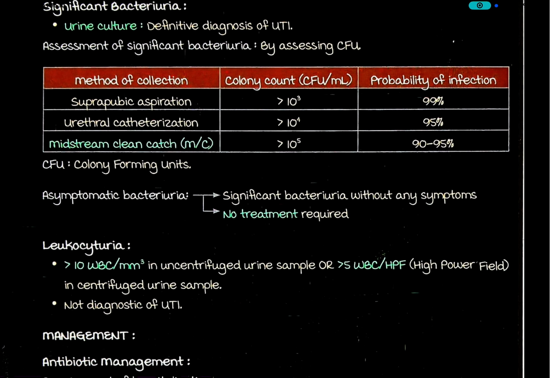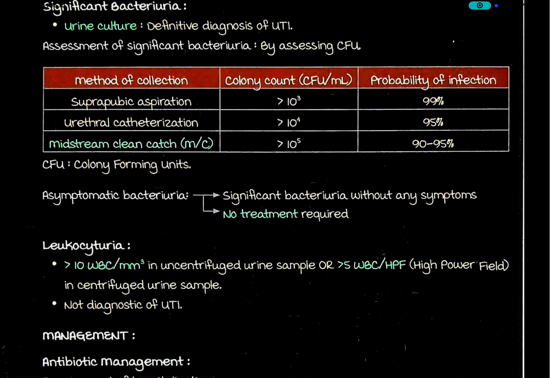Urethral catheterization, CFU per ml more than 10^4, probability of infection 95%. Midstream clean catch, more than 10^5, 90 to 95%. Colony forming unit, CFU means